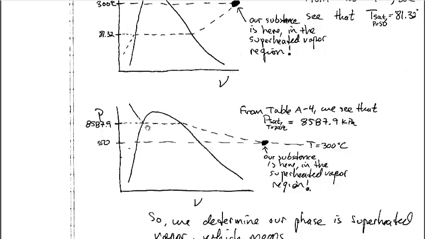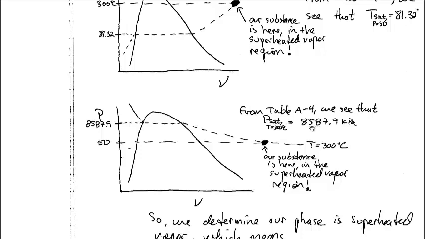And then I need to find out what the pressure of water is when it's saturated at 300 degrees Celsius, so that I can position where this line of 300 degrees Celsius cuts through the saturation dome. So I find out the saturation pressure of water at a temperature of 300 degrees C by going to table A4. So I go to table A4, I find 300 degrees C, and I look in the saturation pressure column